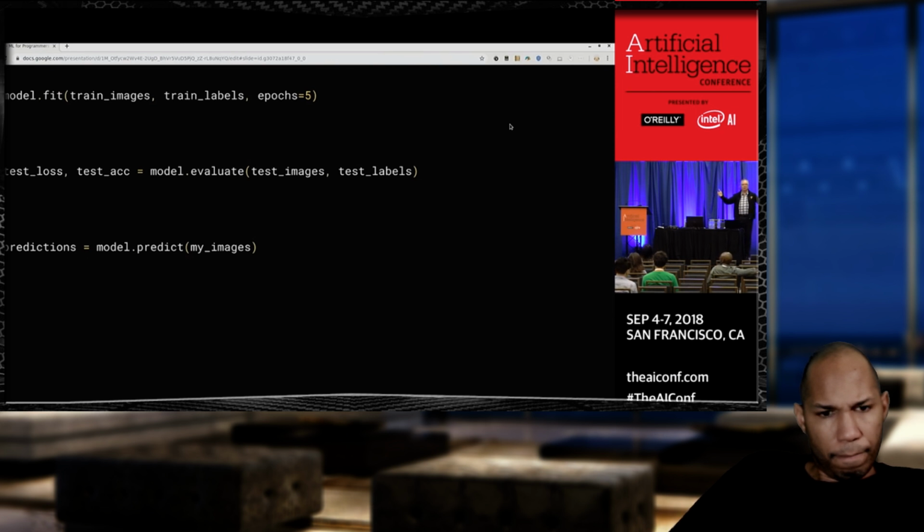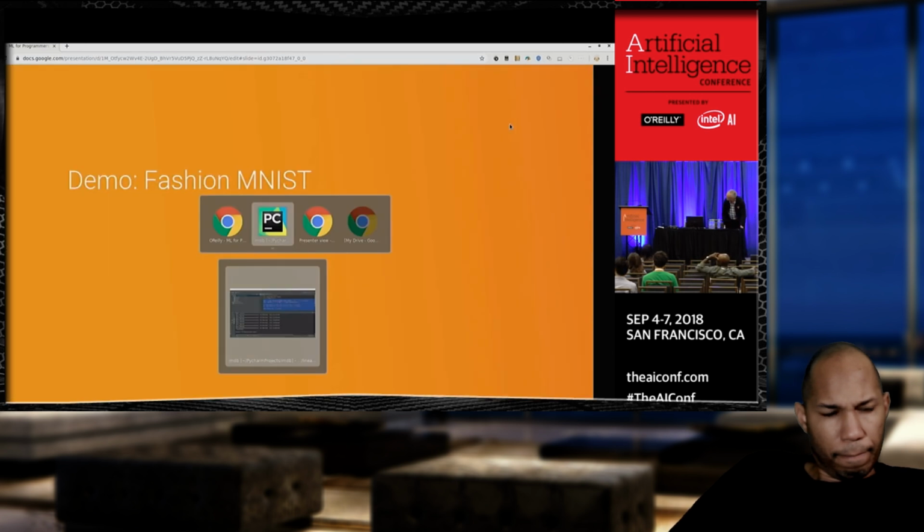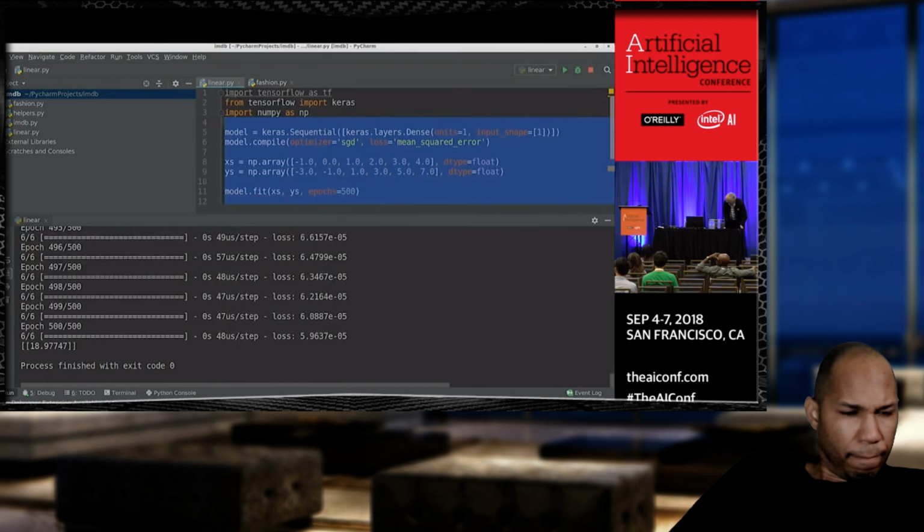And those 10 numbers, as I mentioned earlier on, 9 of them should be very close to 0, and 1 of them should be very close to 1. And then using the one that's very close to 1, you could determine your prediction to be whatever that item of clothing is. So if I demo this and show it in code, let's see, go back here.